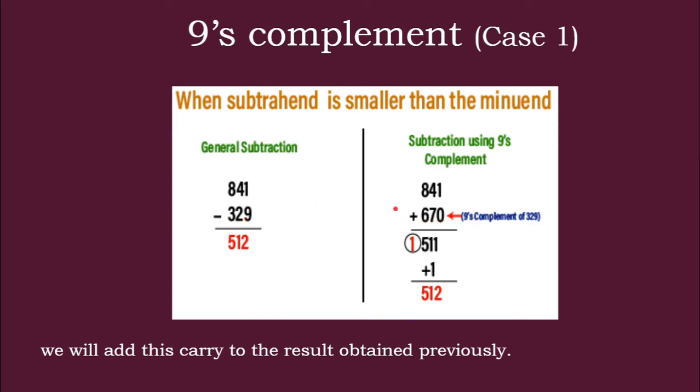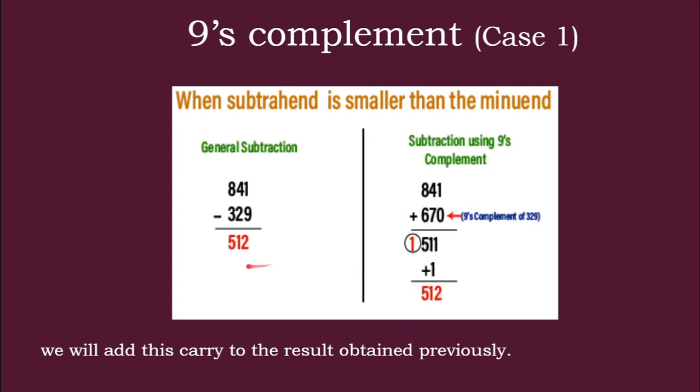Once it is complemented, it becomes positive, so we are going to add. 1 plus 0 is 1, 7 plus 4 is 11, carry 1, 8 plus 6 is 14, plus carry 1 is 15, so 1511. Here we can see there is an overflow in the digits, that means the number of digits exceeds. So 1 is the overflow here. This is called an end around carry. When the end around carry occurs, it is added to the ones digit of the resultant number. The result obtained is 511, plus 1 is 512.